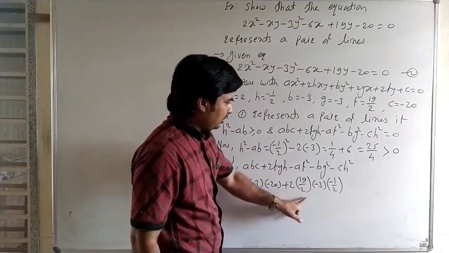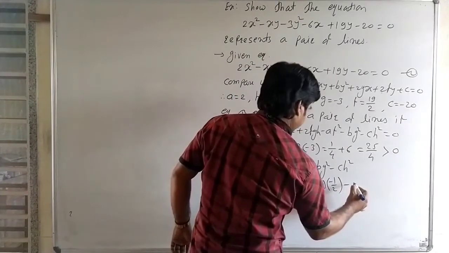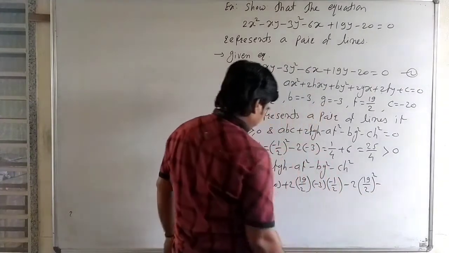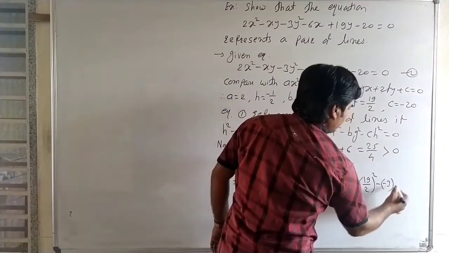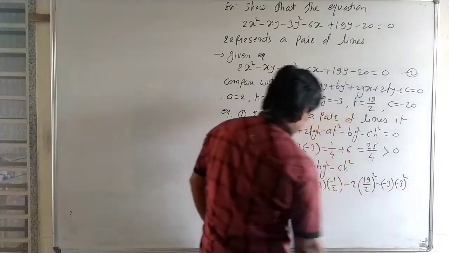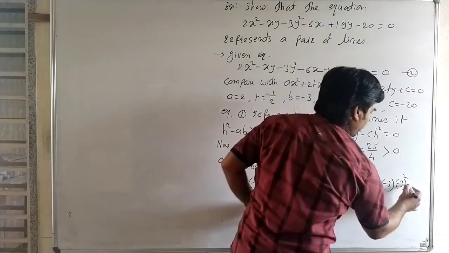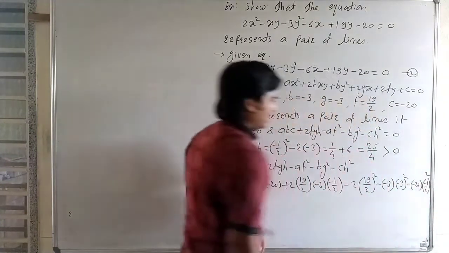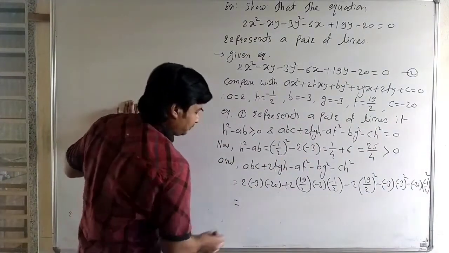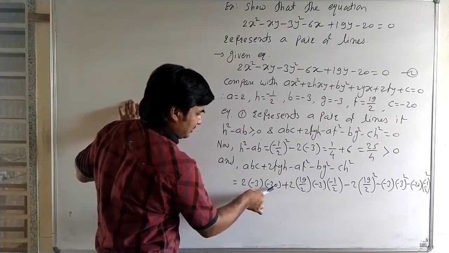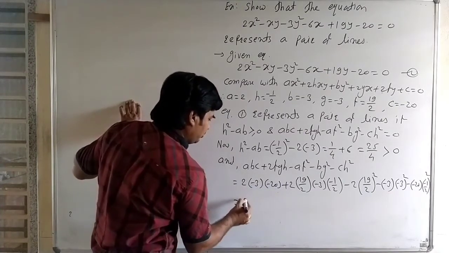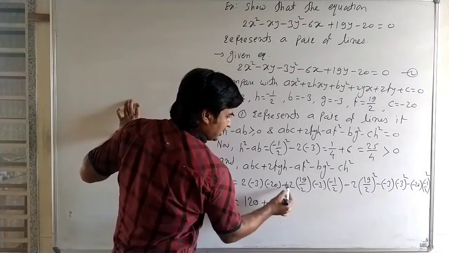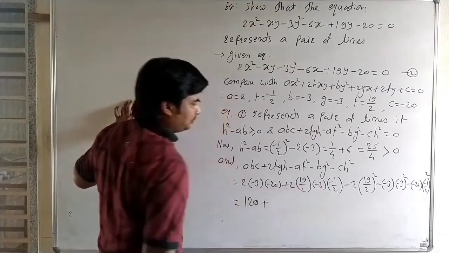ABC plus 2fgh minus af square, 2 into 19 by 2 square, minus bg square, it is minus 3 into minus 3 square, and ch square, minus 20 into minus 1 by 2 square. Okay, here now calculate. Minus get plus, it is 20 into 3, 60, and 60 into 2, 120, plus 120, then minus again it is plus. Here 2 get cancel. Okay, 19 into 3, that is 57